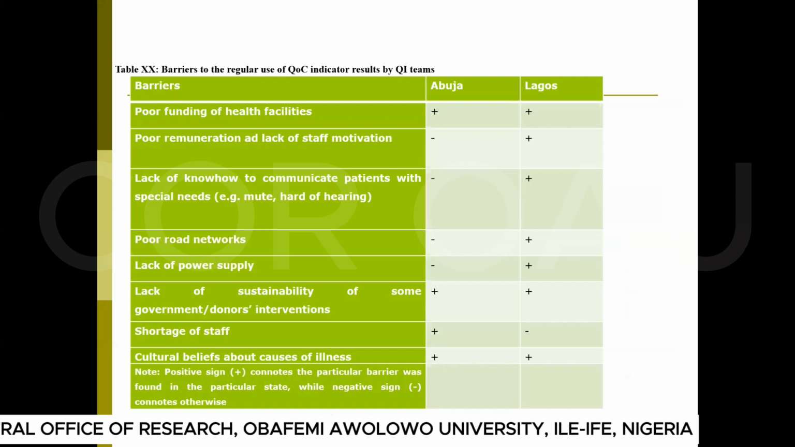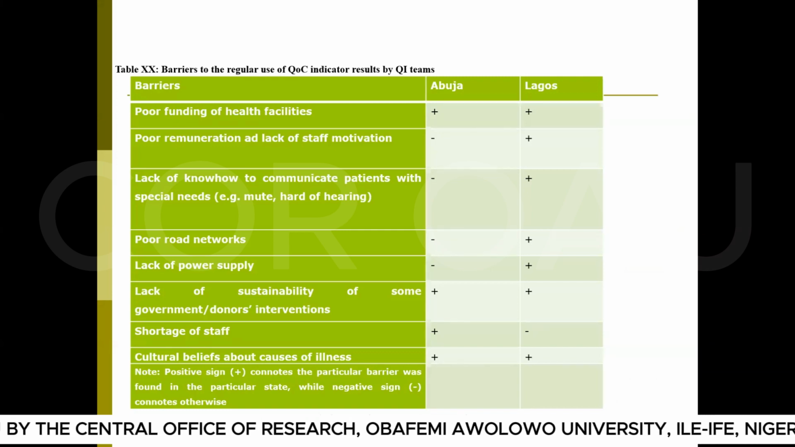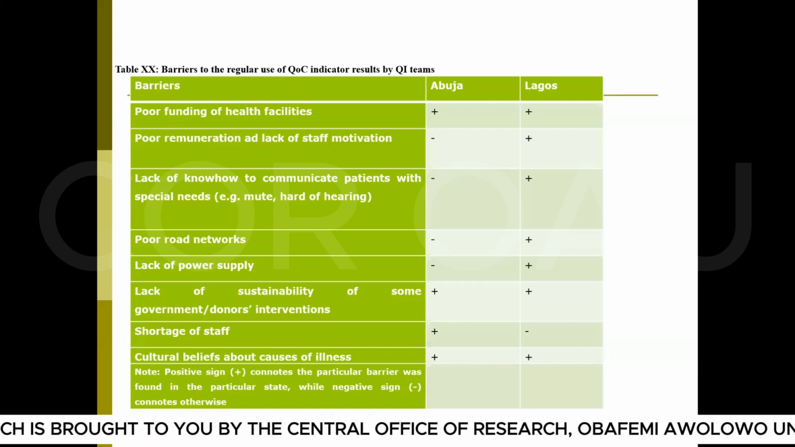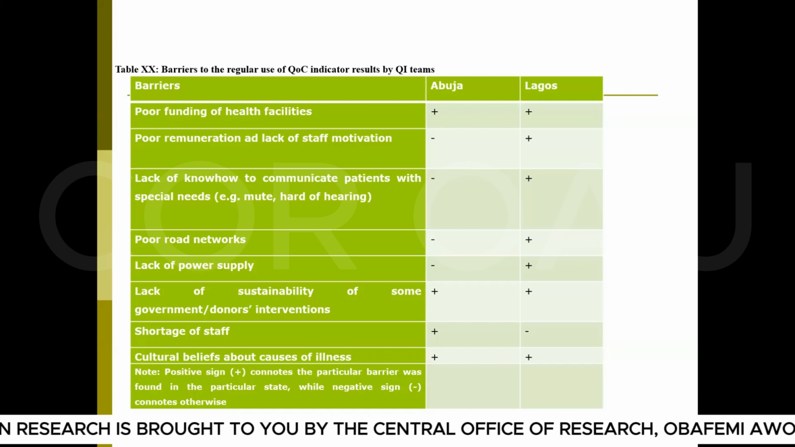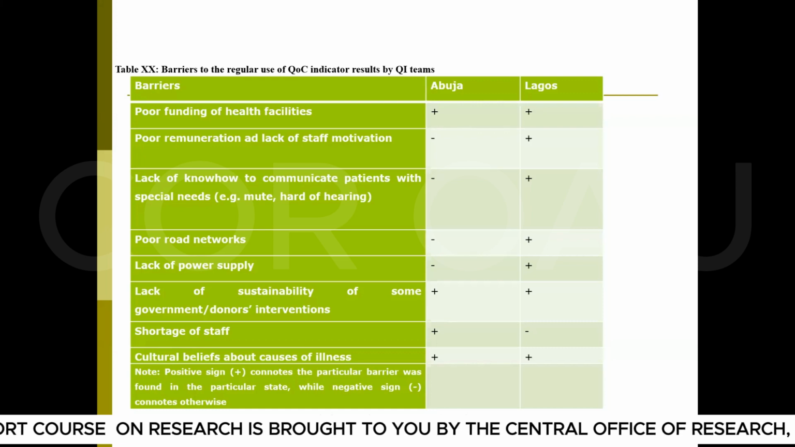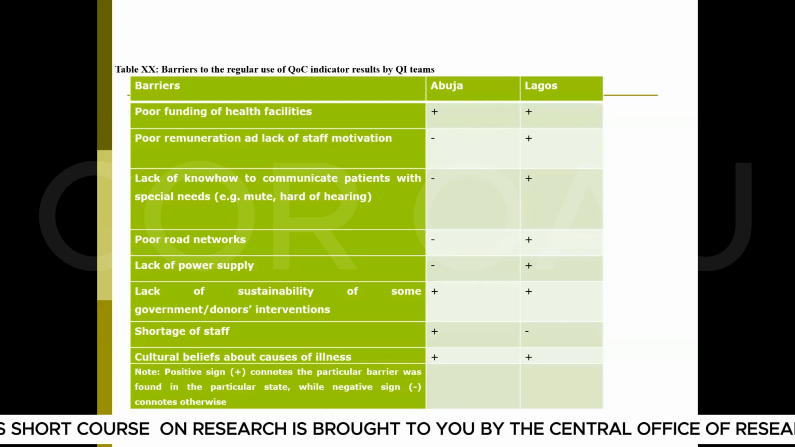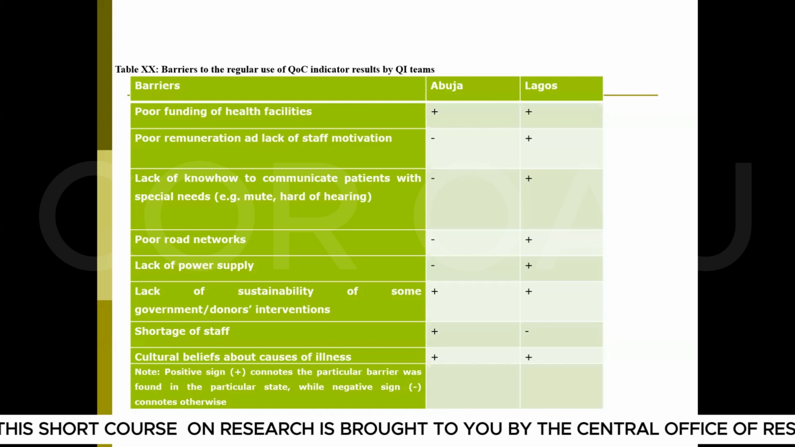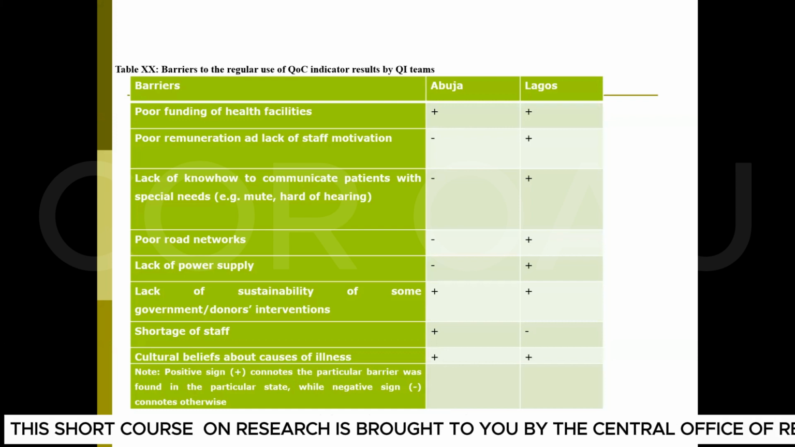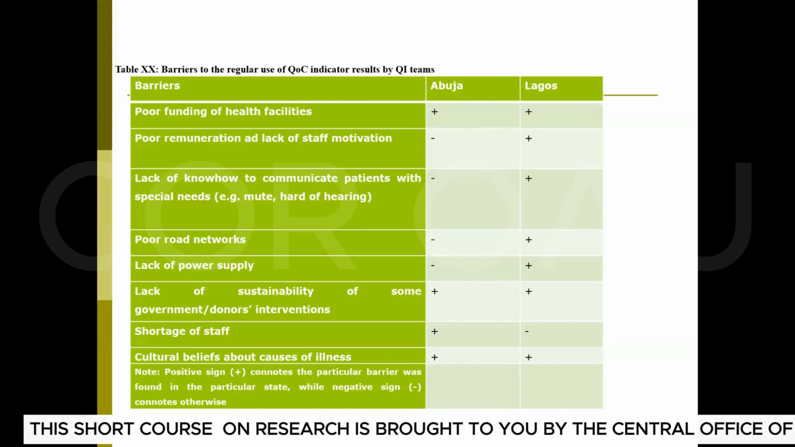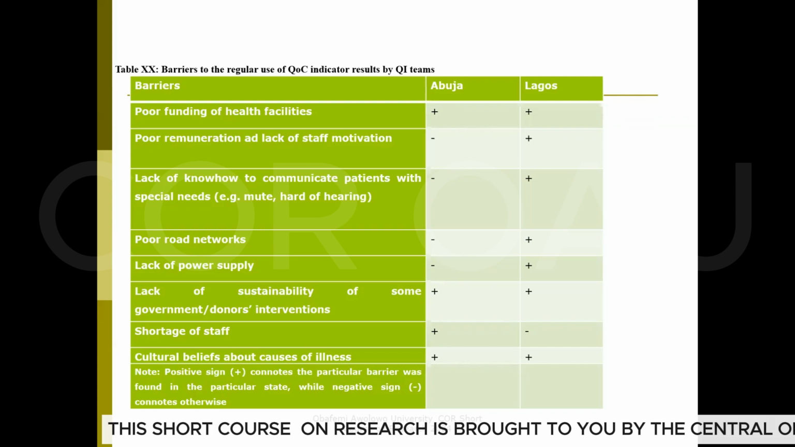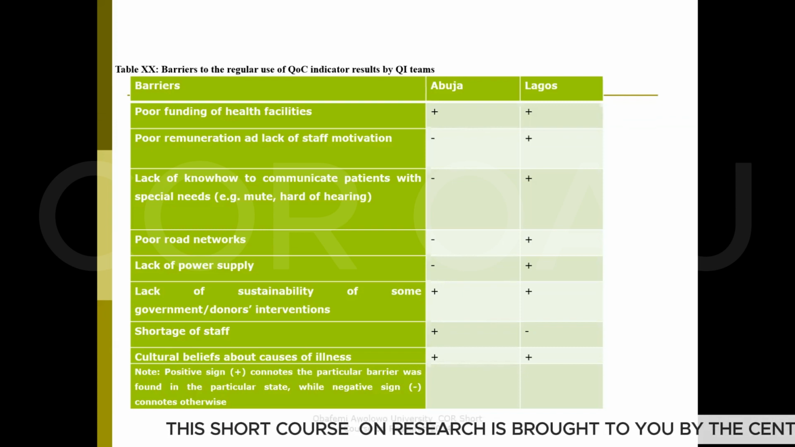Yes, this is actually what we call a Z-index table in qualitative studies. This one is talking about barriers to regular use of quality of care indicator results by the QI, the quality innovation team or something. So this one is looking at barriers that are present in two locations, Abuja and Lagos. This study was carried out in Abuja and Lagos, and these are barriers to the use, according to the respondents. It was some FGD, some IDI among